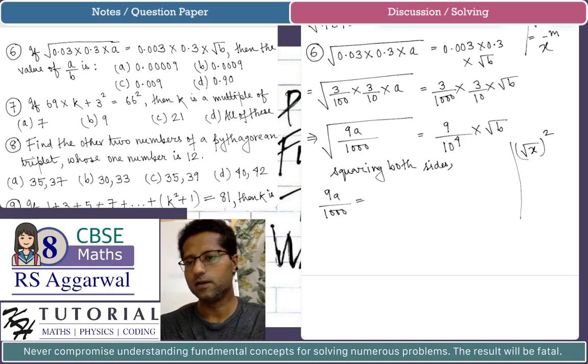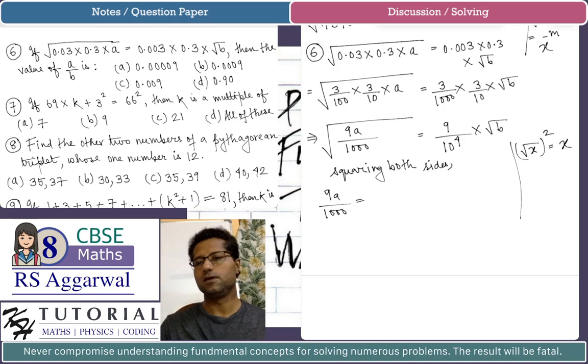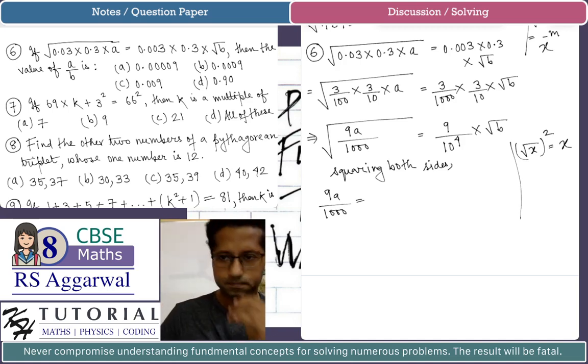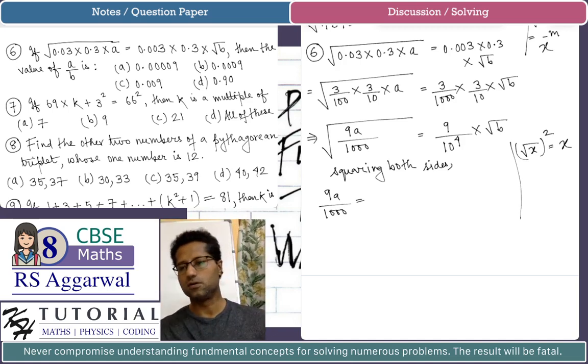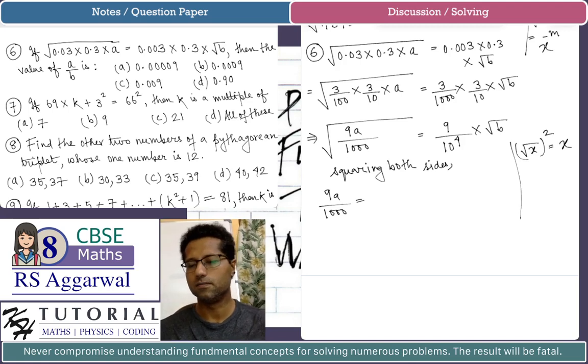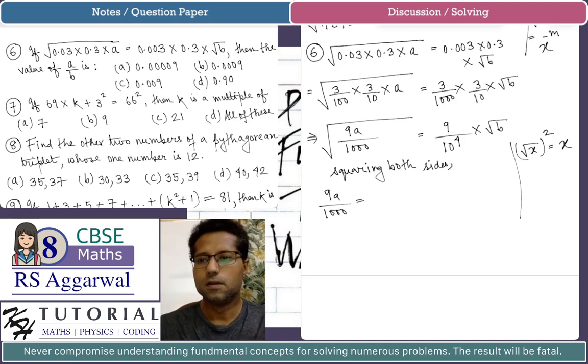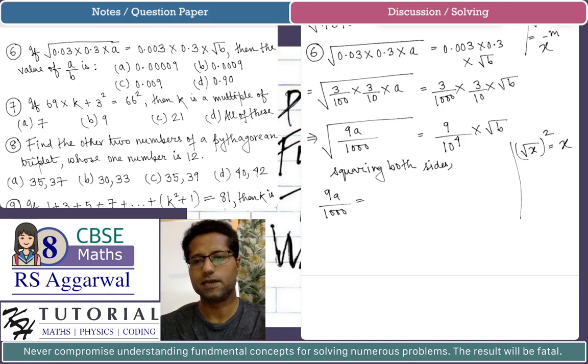So we are squaring the square root of x. This is always equal to x. Obviously, x has to be a positive rational number. So that is the reason when we square both the sides, the left hand side becomes 9a by